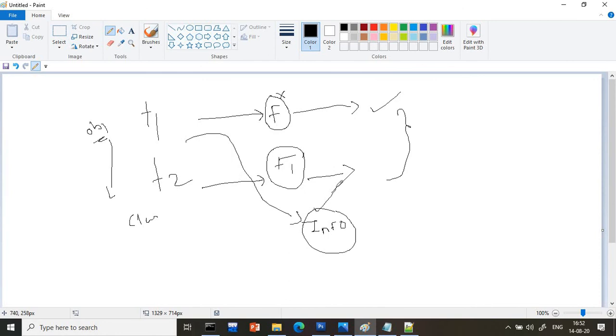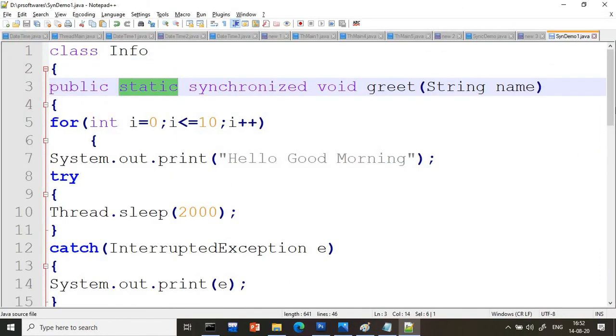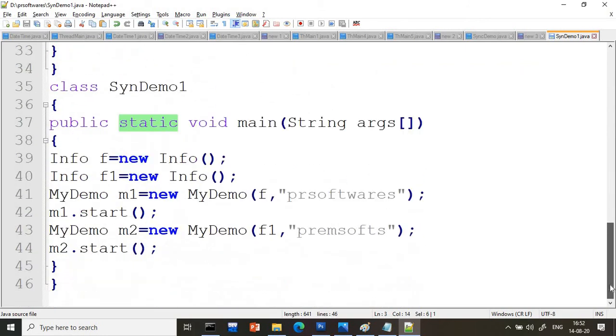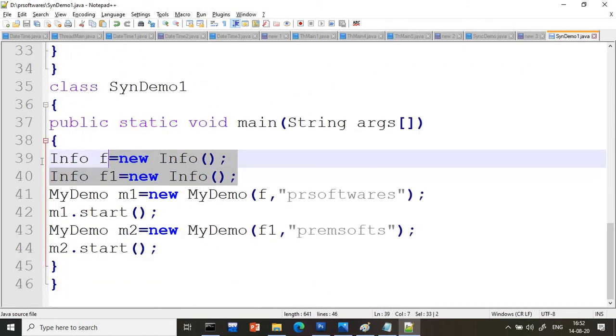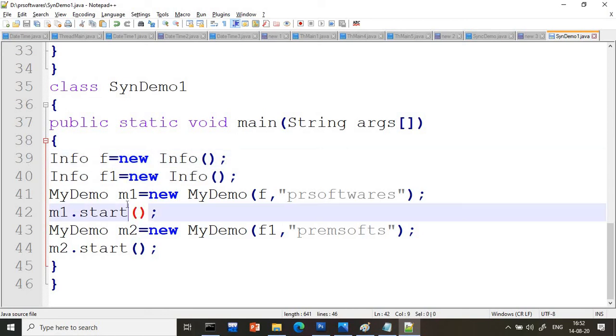So in this situation, when we are creating multiple objects, what points do we have to remember? When we have multiple objects, we have to create a static synchronized method. And when we have a single object and multiple threads, then you go with the normal synchronized method, the instance synchronized method. I hope you are very clear with this doubt. I have shown you both: single object with multiple threads, and multiple objects with multiple threads. We can use this concept like this. I hope you are very clear with this concept.